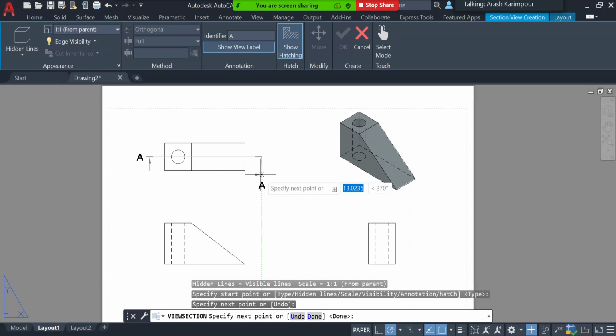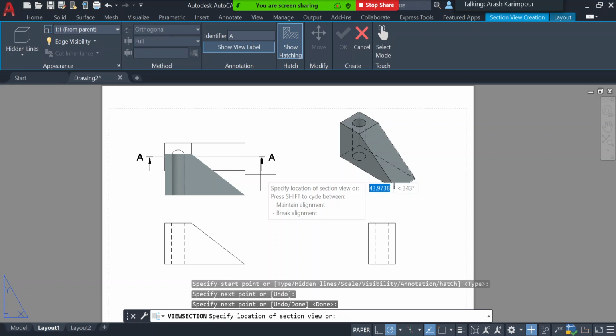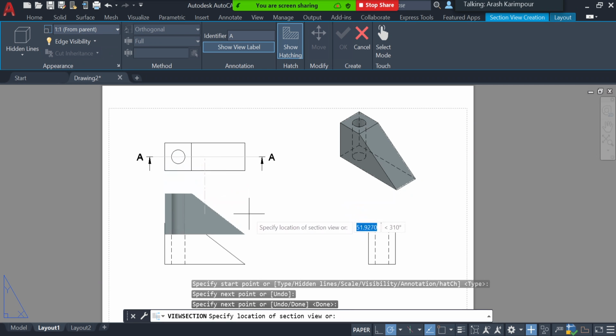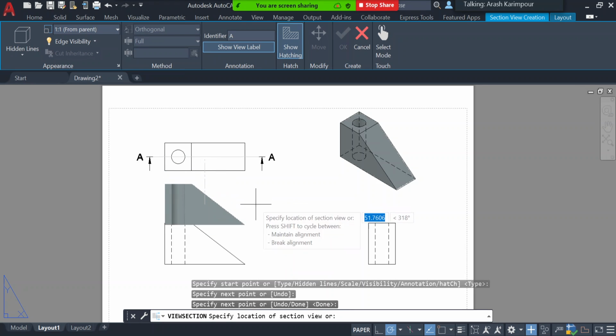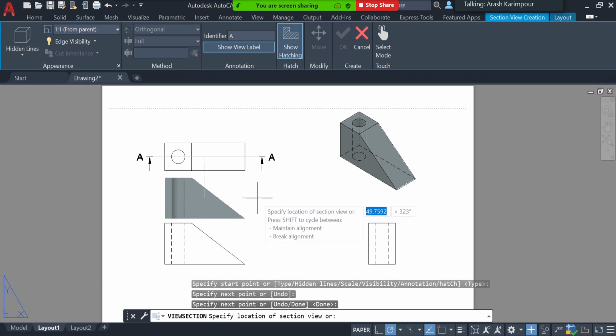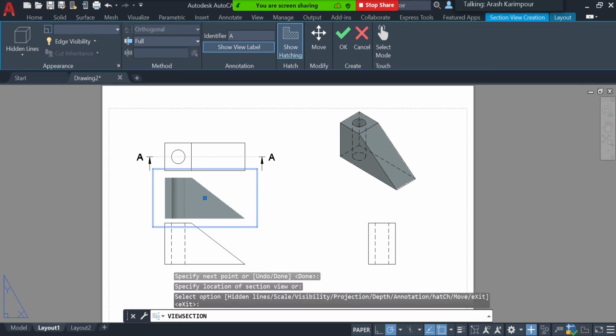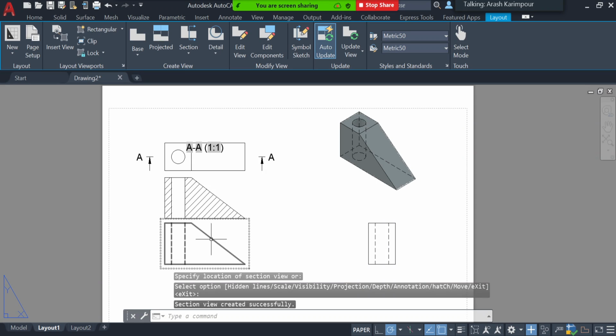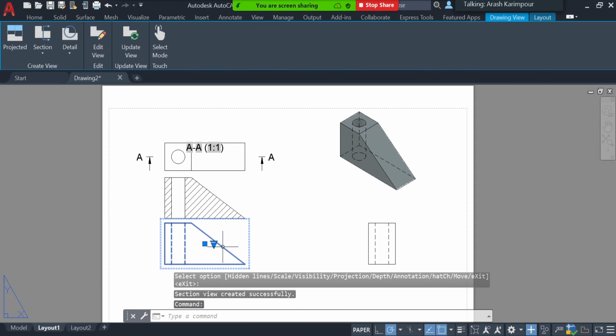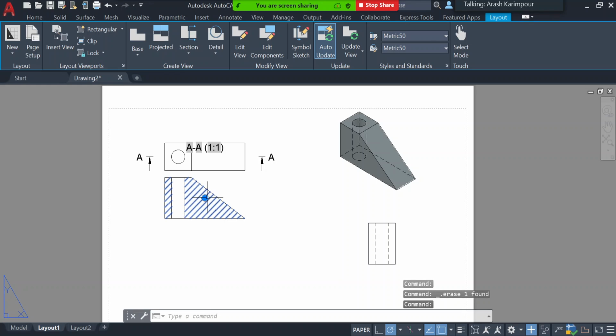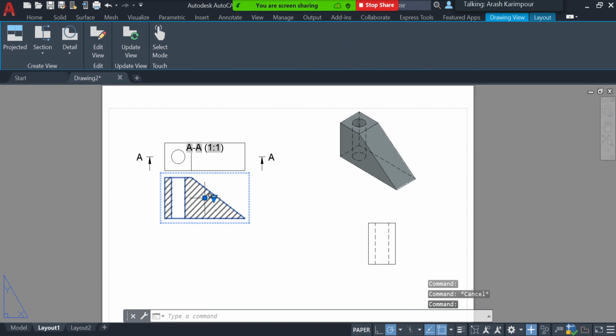view. When I'm done with drawing the section line, I press enter, and it will ask me where do you want to put your section view. For now, I'm just going to put it there and press enter, and it's going to put it there. And then if I want to replace the front view with that, I select my front view, I delete it, then I select the section view, and then select this here, and I will bring it